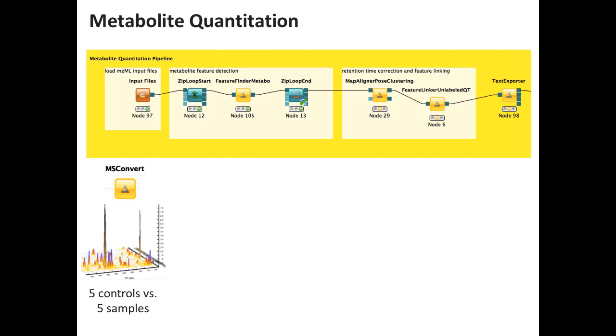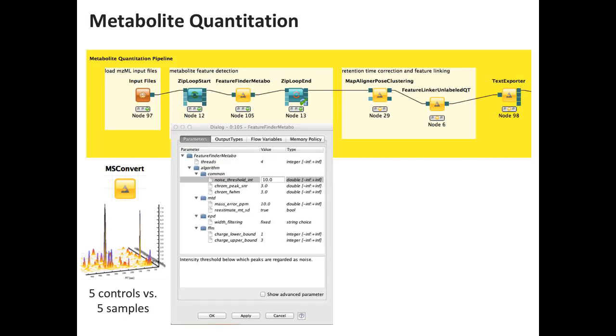And in the simple example here, we were running 5 controls and 5 samples, and you can look at the parameters of this feature finder. There are few parameters in here, and that is by design and not accidentally. We basically made the internal parameters dependent on 2 key parameters, and that is the mass error in ppm that you expect and the chromatographic peak width. There are a few auxiliary parameters, but that you usually don't need to fiddle with. But if you know how wide your peaks are, and if you know what the nominal mass resolution is, then you're fine with this particular algorithm.